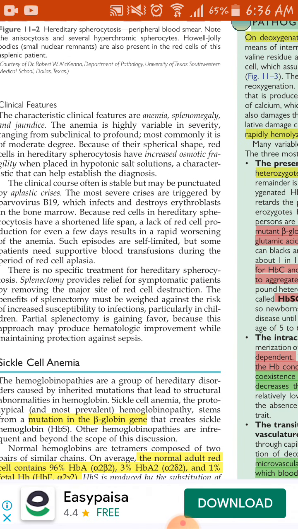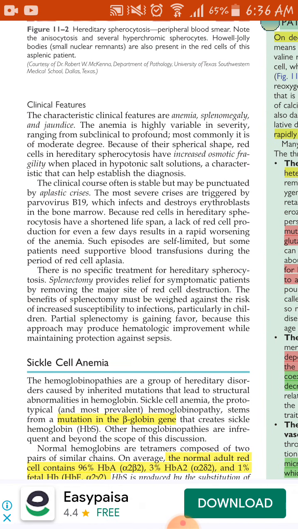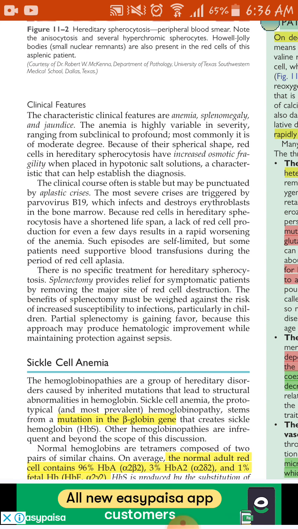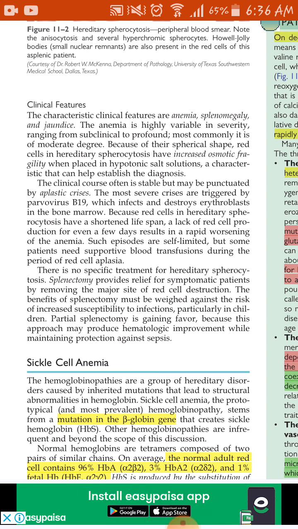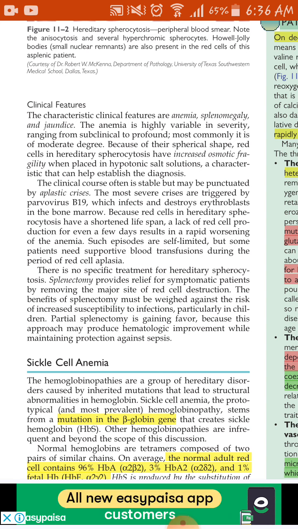Okay. Sickle cell anemia is a condition which occurs due to a mutation in a gene called beta globin gene. So basically in sickle cell anemia, there is some defect in the beta globin chains of the hemoglobin. We know that hemoglobin is made up of 4 chains, and either they are alpha chains, beta chains, gamma chains, or delta chains. There are 4 types of chains which can be present in hemoglobins, and out of these types, any 2 types combined together, and it results in the formation of hemoglobin.